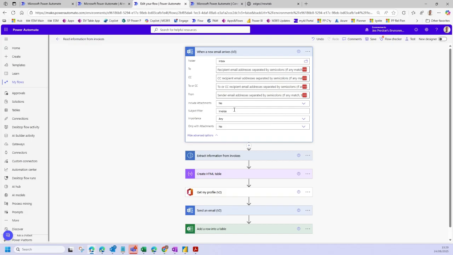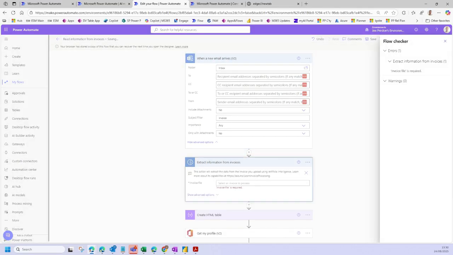So obviously you can say from whether it's from a certain address, and I'll just do the subject filter of invoice, and then